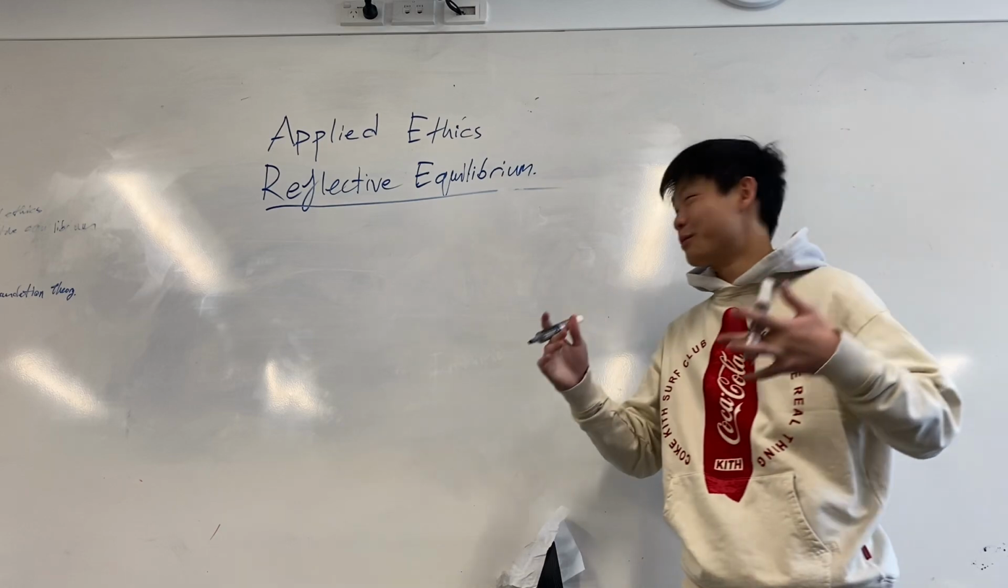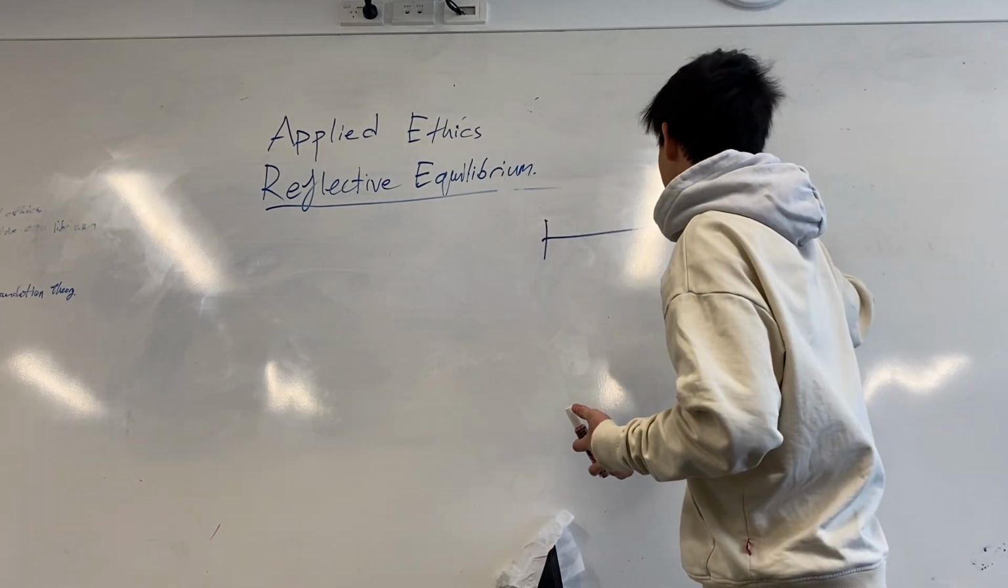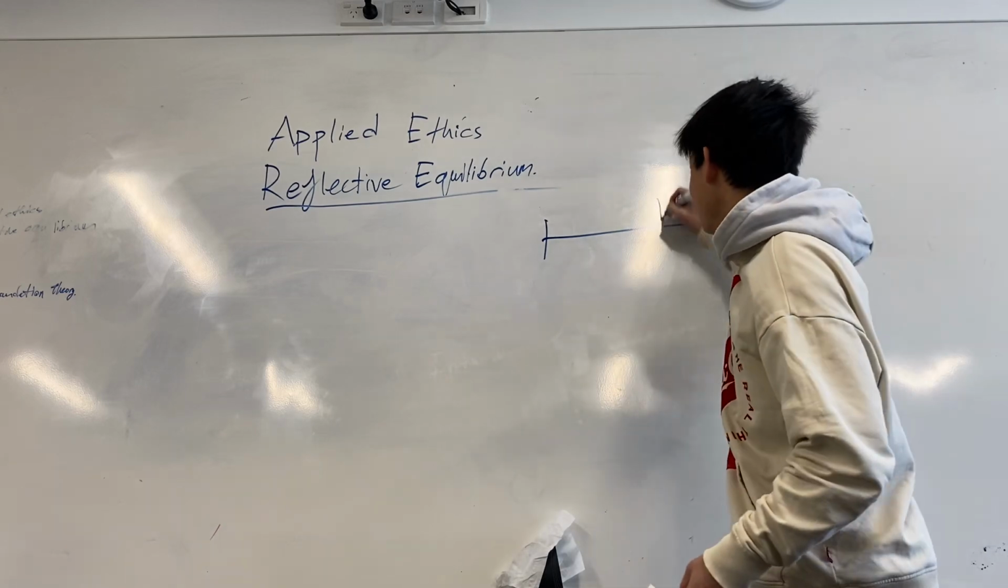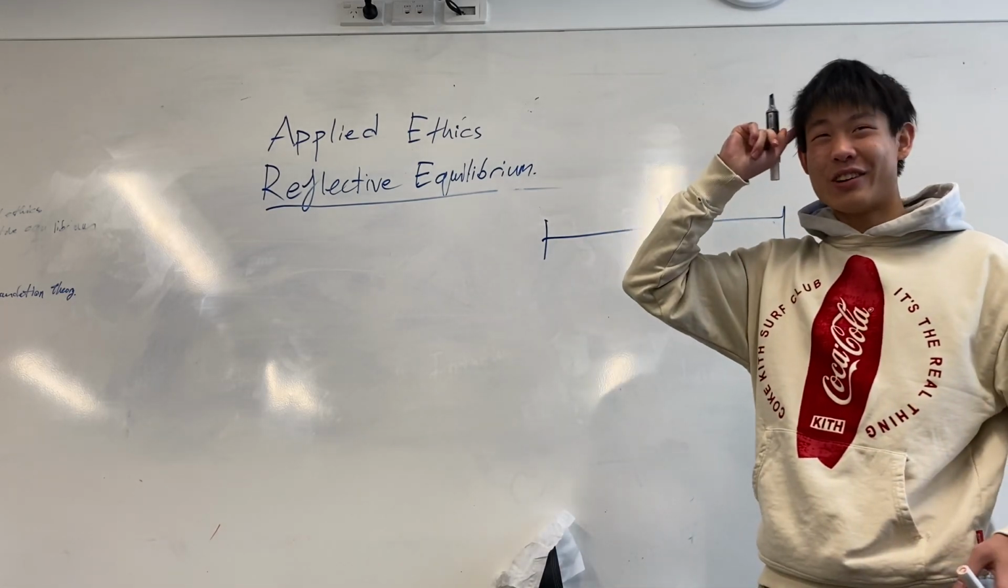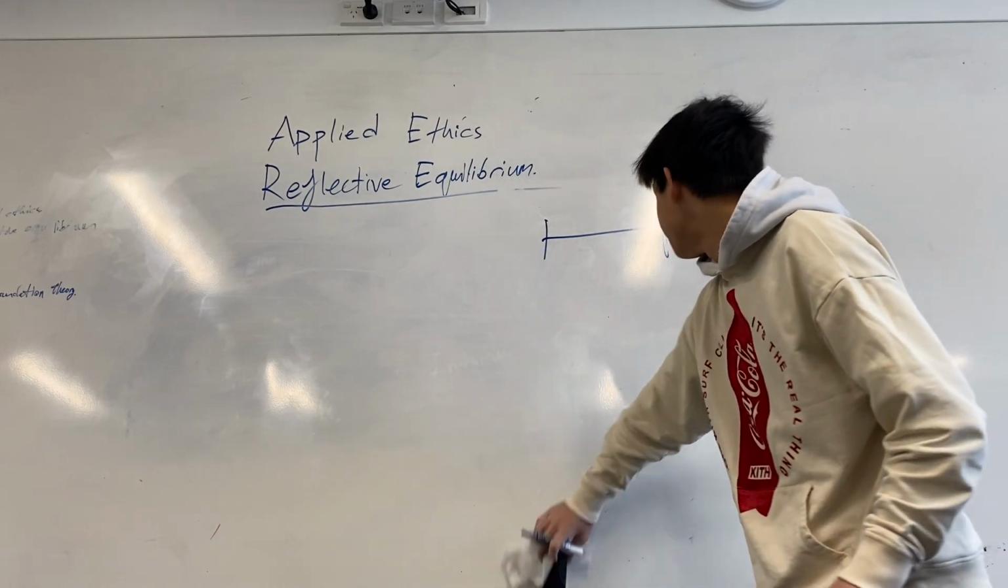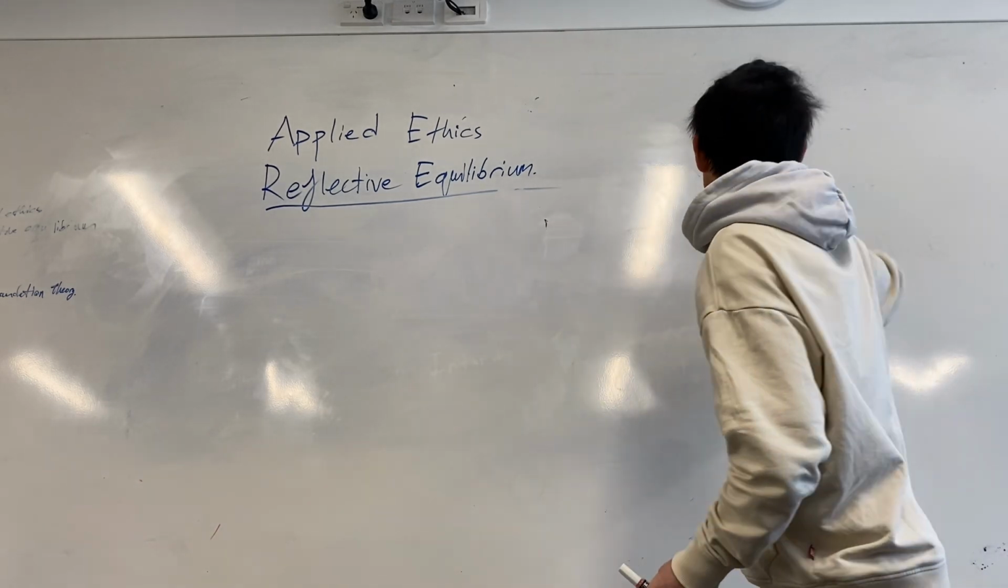Why is it an equilibrium? It's because you're thinking of both sides, or three sides, or all the sides. And it's reflective because you're really thinking about it, getting your intuition working. Now let's talk about the